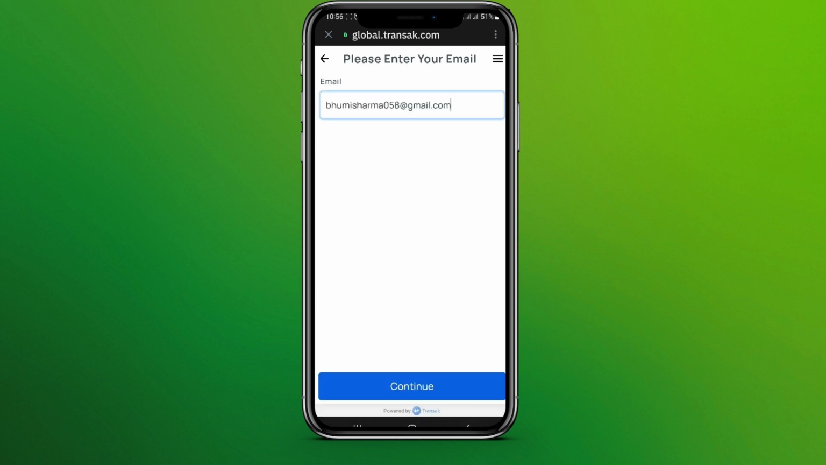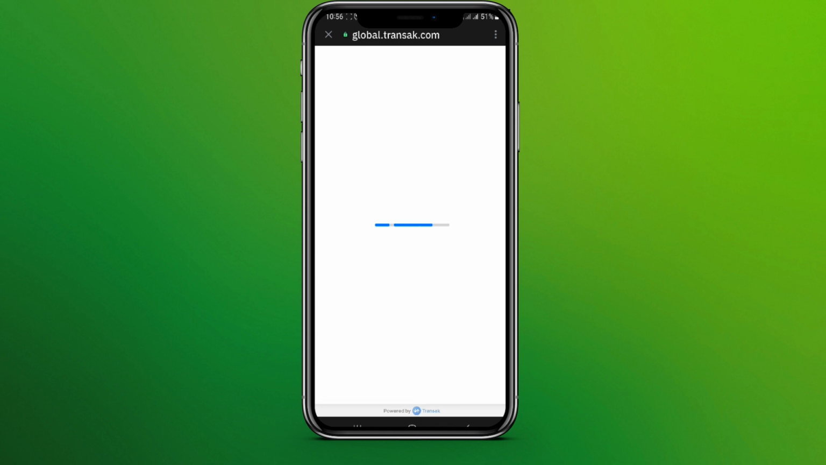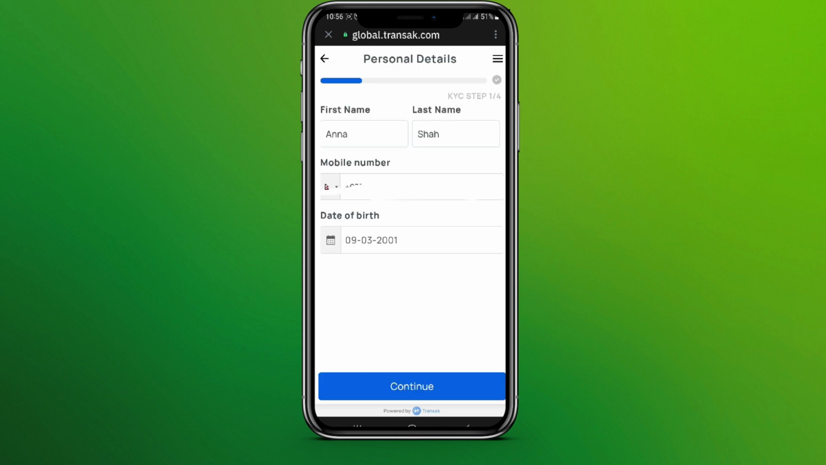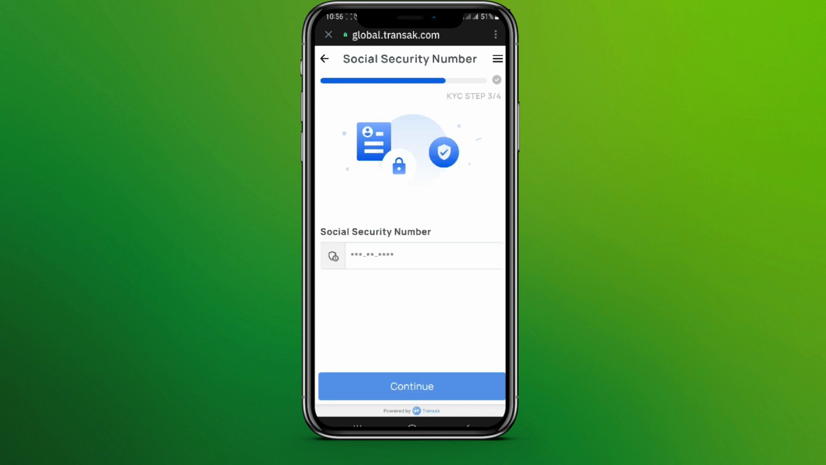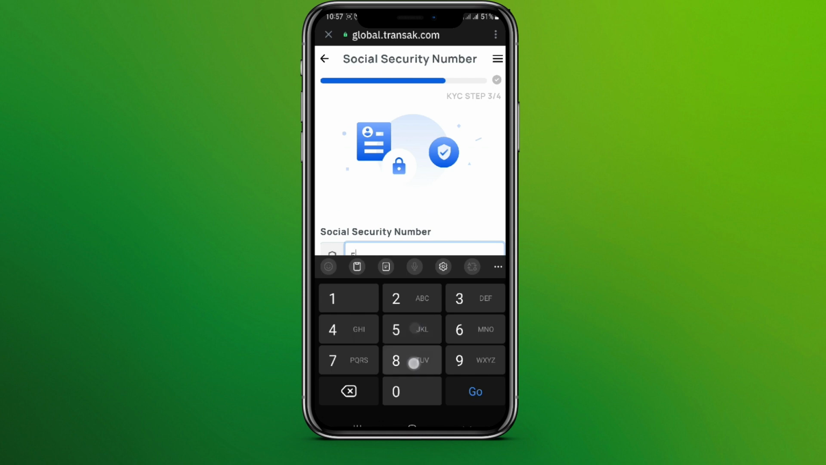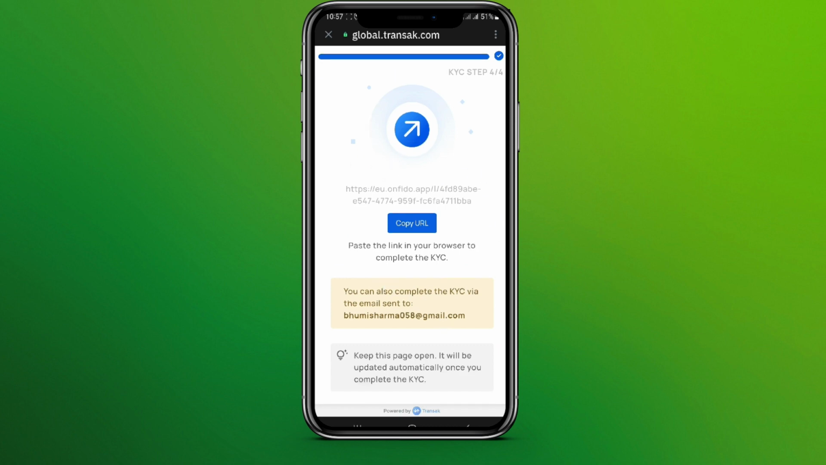Enter your email address and click on continue. Now enter the verification code you got in your email. Continue. Now we need to add our personal details and click on continue. Enter the address and enter a social security number and click on continue. Now we need to add our ID proof, our selfie here, and finally we'll be done